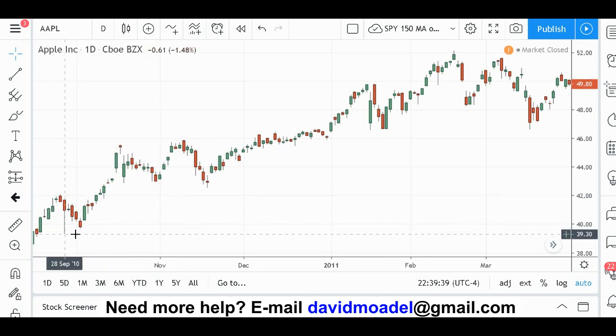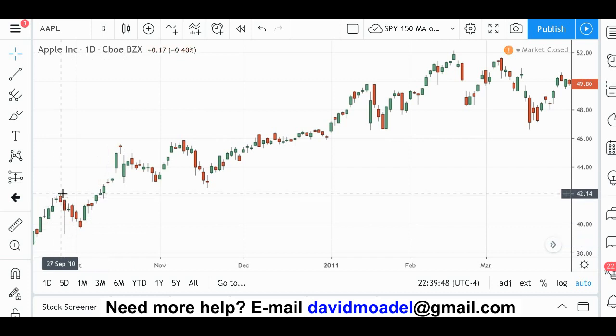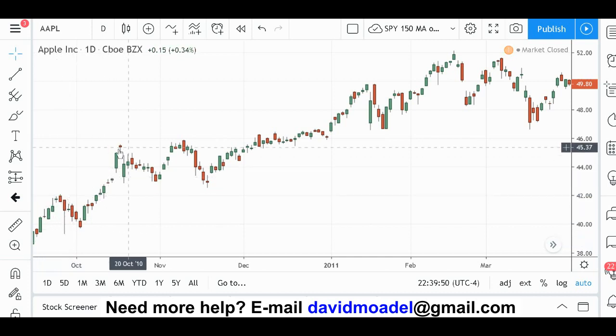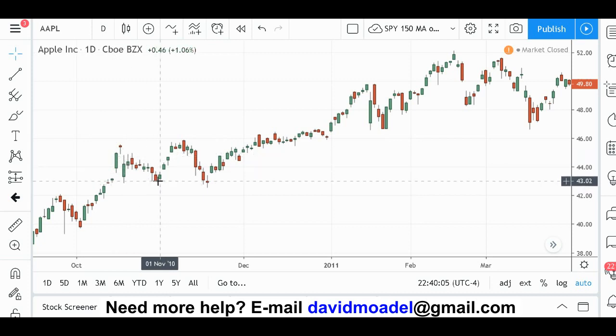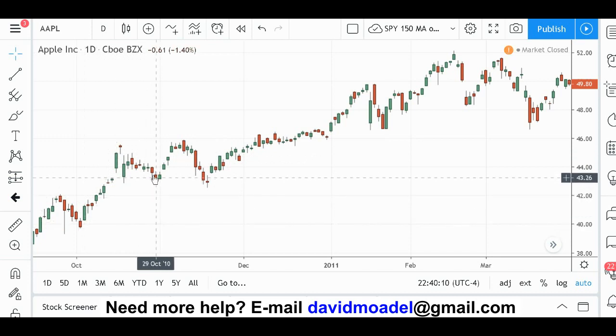All right, so the first part of the strategy is buy the higher low. A lot of people buy the higher high. So you've got a higher high here compared to the last high, and they would buy here. I don't like that idea too much because you're buying at a high price. I like to buy low. So how about instead, buy the higher low? Here it is. This low is higher than the previous one. So you might buy here.